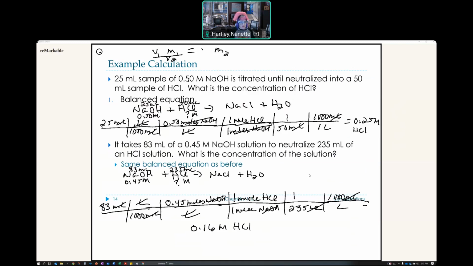Because if we're doing it this way, I'm going to put any information that I have around this thing. When I have a mass, I put the mass up here, and I need a molecular weight down here. When I have a volume, I put the volume up here, and then I put the molarity down here because it gave that to me. I put whatever I'm looking for, the unit that I'm looking for, down here, and then I just put the information that I have into these brackets,